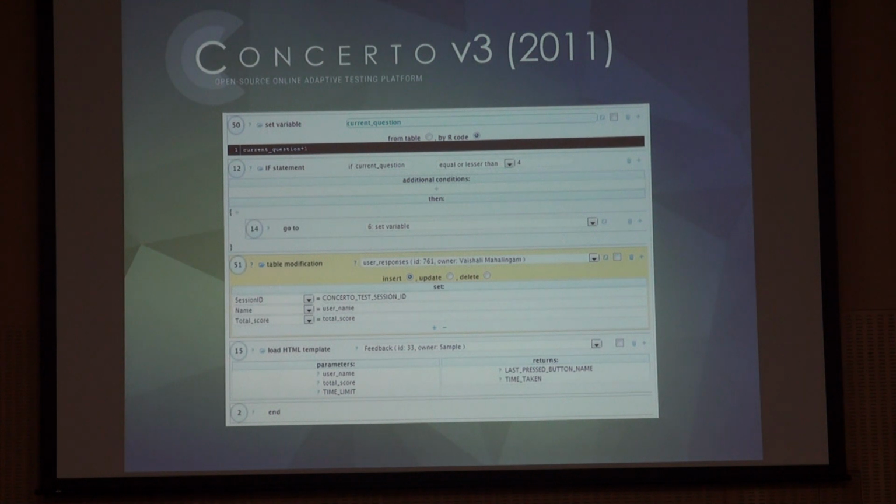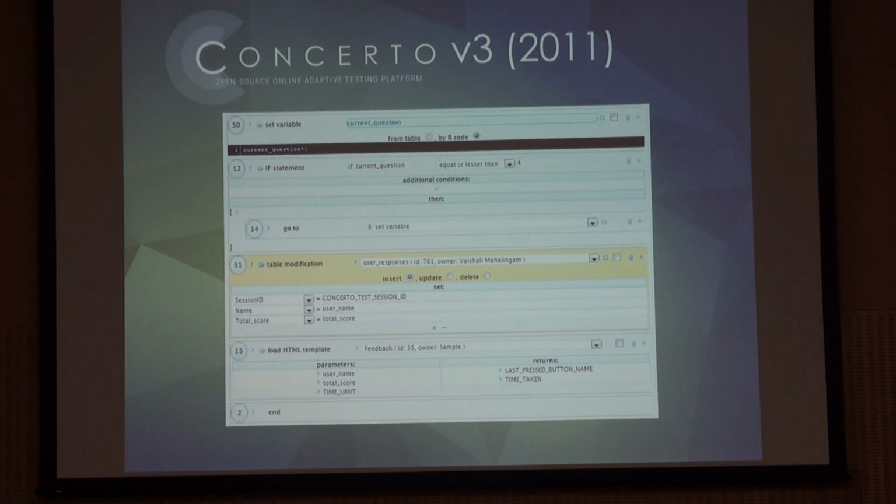Okay, so to show the new Concerto version, so this was version 3. Version 3 had the advantage that it was kind of pointy and clicky, but it had the disadvantage that we had things like go-to statements. Any programmers among you will wince at the talk of using such terrible things, and it didn't really make anyone happy. The programmers felt like there was too much pointing and clicking in order to do what they wanted to achieve. And the psychometricians, or the non-programmers, were still feeling like, well, I have to do everything, right?